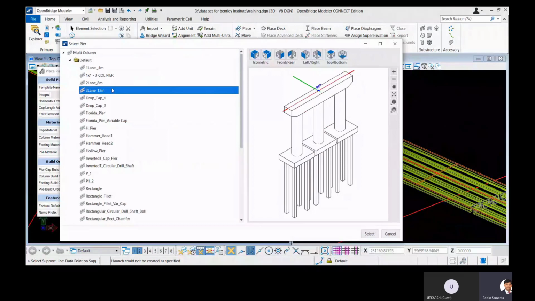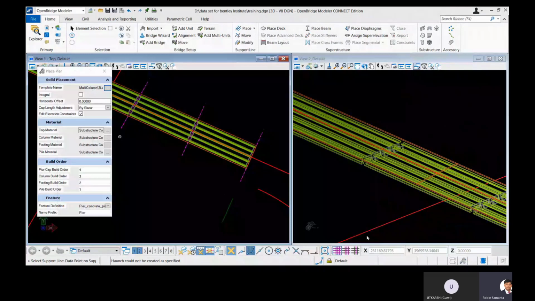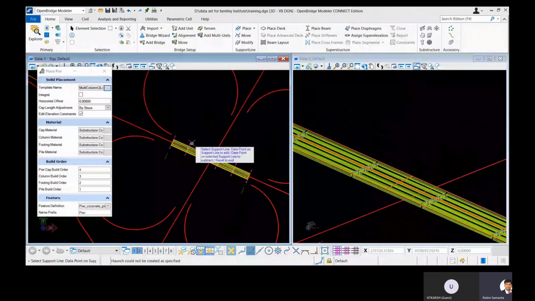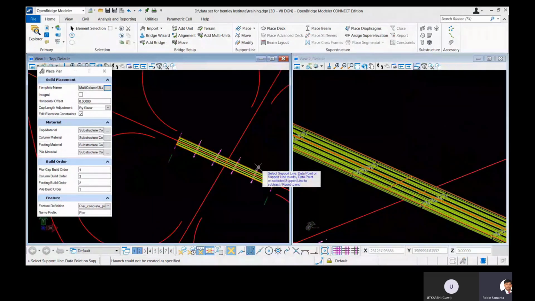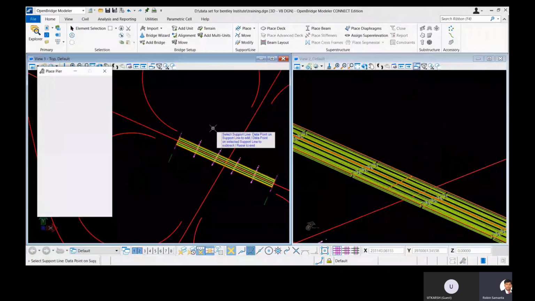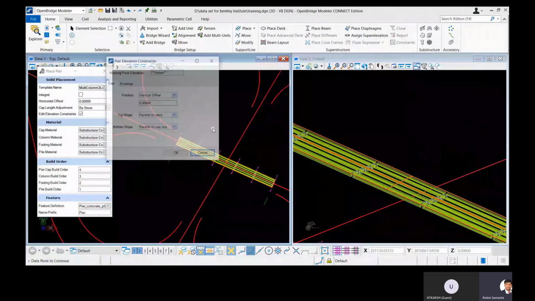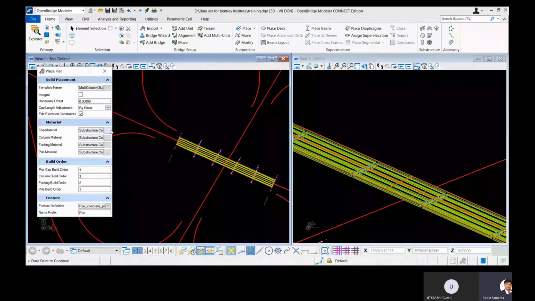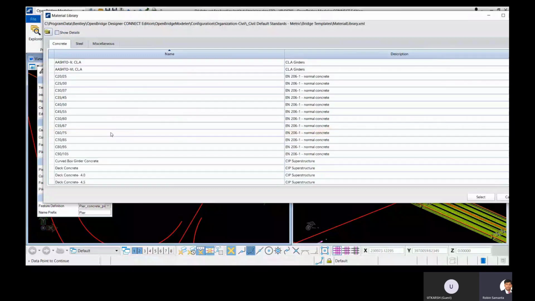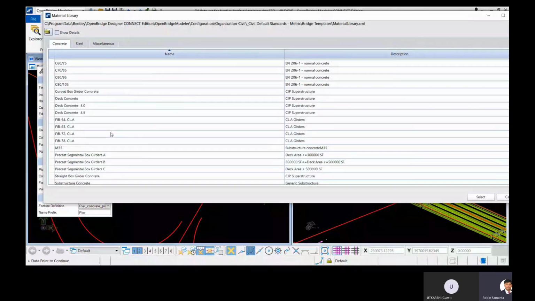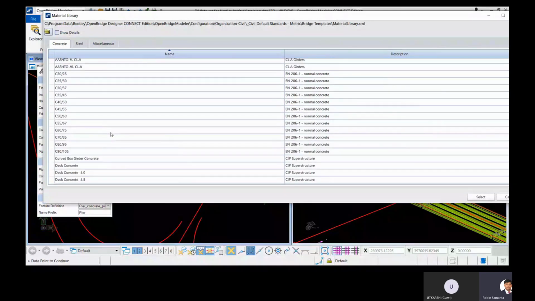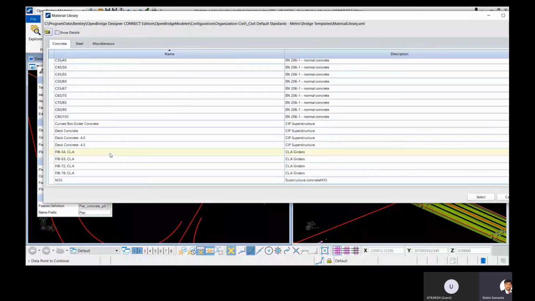You can see we are selecting this 4 lane 12-meter pier. So let's select this one, and you can select all the support lines to place the similar type of pier. So as we are placing the same type of pier, we are selecting all the support lines in one go, and we are keeping the pier cap length with skew. Also the material we can change anytime. So here you can just click on that three-dot button beside the material, go to that material library and select it. So we will place the generic substructure.